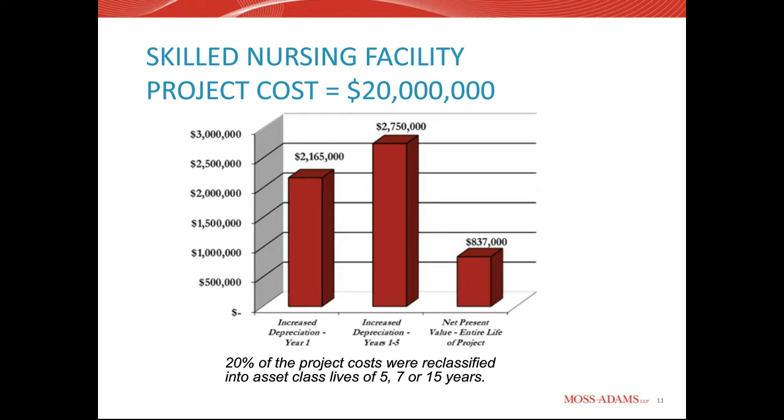Cost segregation, the true benefit of a study is to dig into components that aren't necessarily easily identifiable. So there's electrical systems, plumbing, and mechanical systems that are in your building that support personal property. So the goal of a cost segregation study is to carve out as many of those items into a shorter life as possible. So for instance, if you're looking at a commercial kitchen, or any type of kitchen for that matter, there's obviously plumbing and mechanical that support the kitchen equipment.